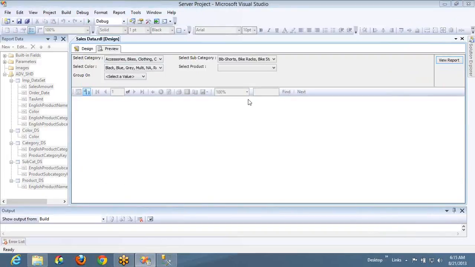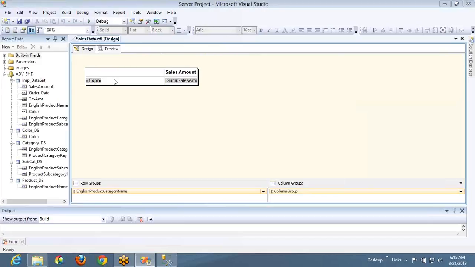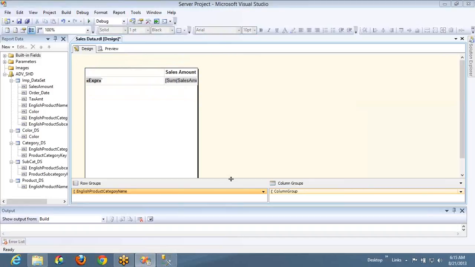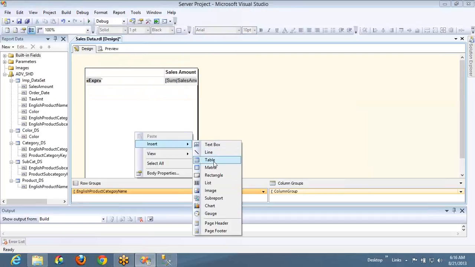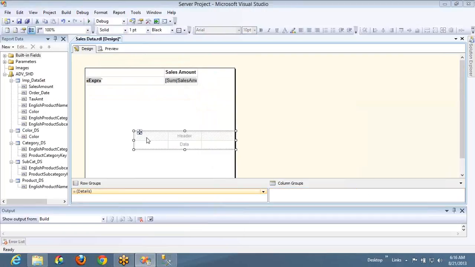Now let's go to the next concept. If you drag either a table or a matrix, okay, now this is a matrix, right? Whatever I have selected here is a matrix, and if I expand the size, sorry guys, if I take one more table here, and if you see the properties,